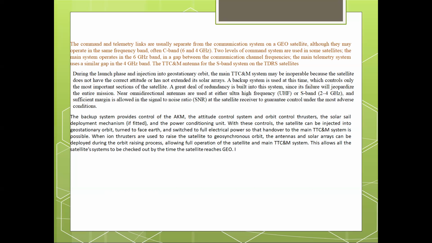In general, the function of the command system gives more explanation on the mode of satellite communication. For example, our satellite communication system has an antenna system equal to an omnidirectional antenna. These omnidirectional antenna systems are used for a given band of 2 gigahertz to 4 gigahertz. Sufficient margin values are required to allow the signal to noise for a given satellite at the receiver.